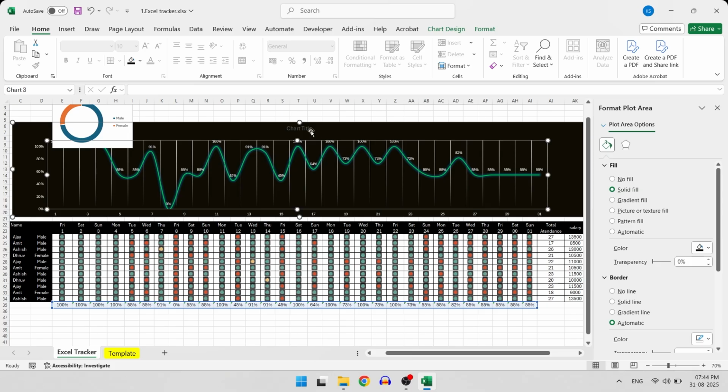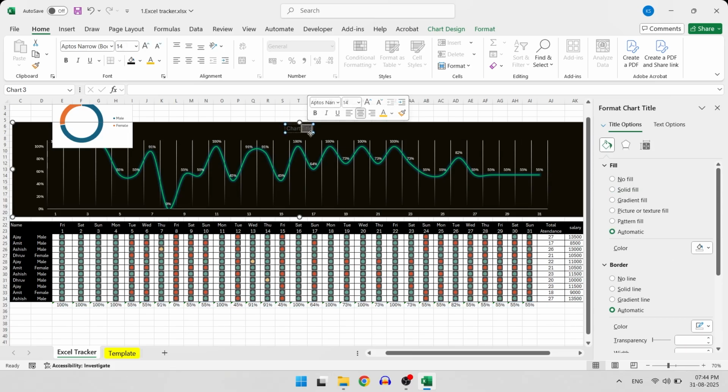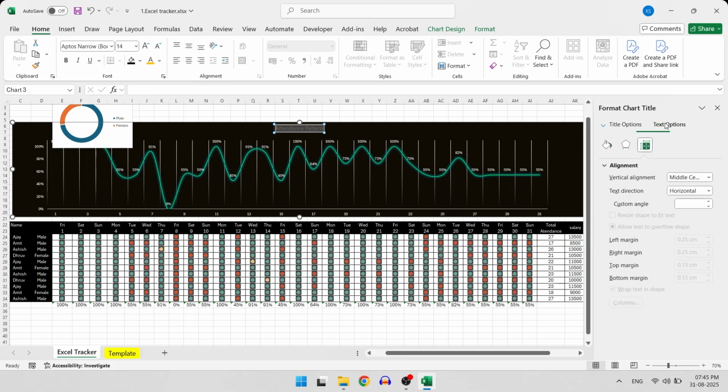And then add the chart title if not added earlier. Rename it to attendance pattern and set the color to white.